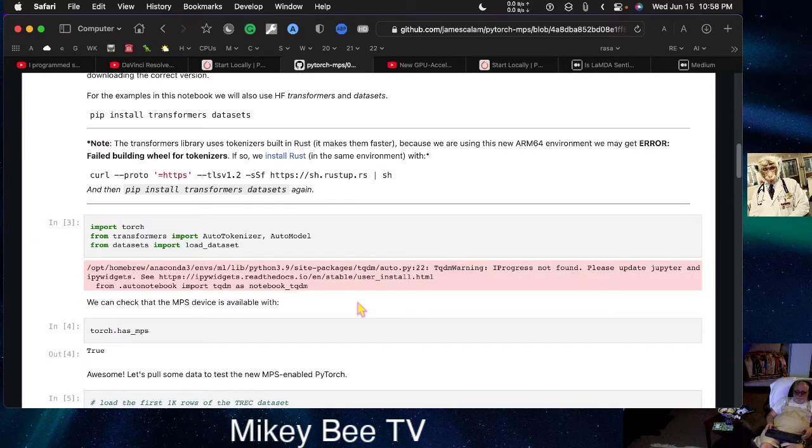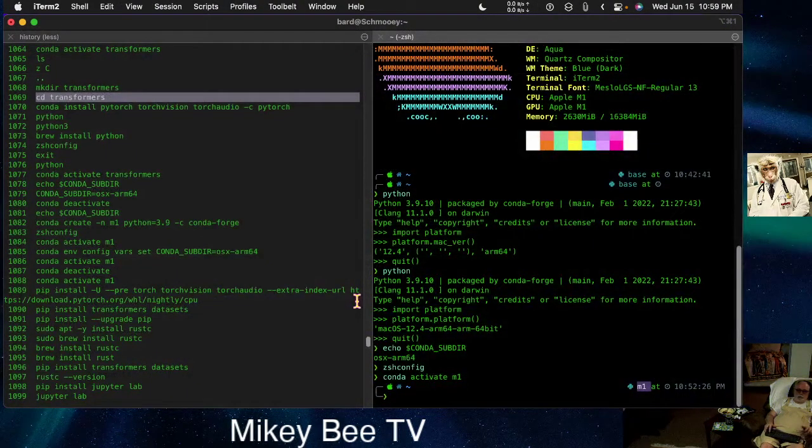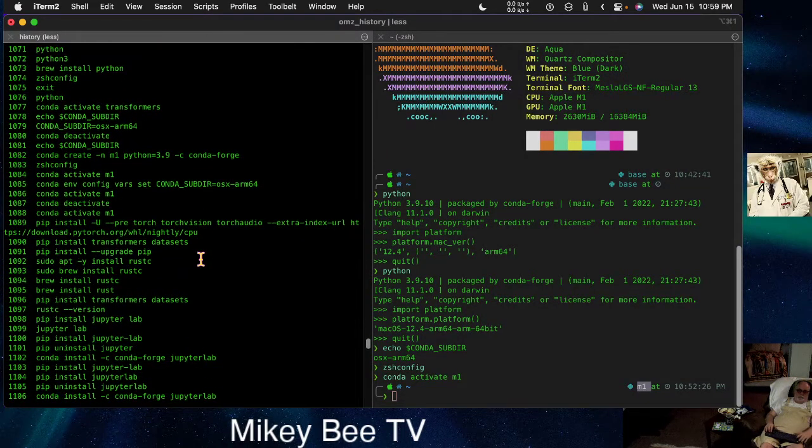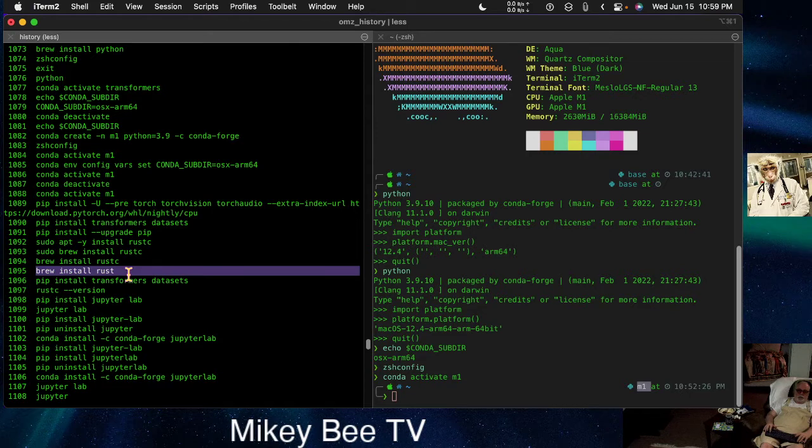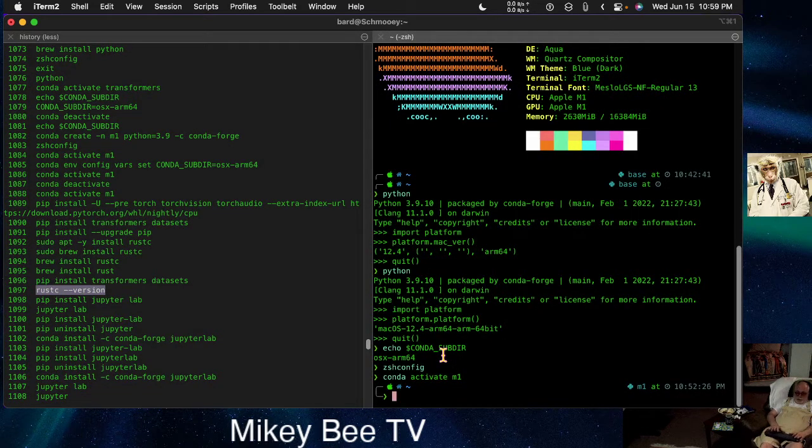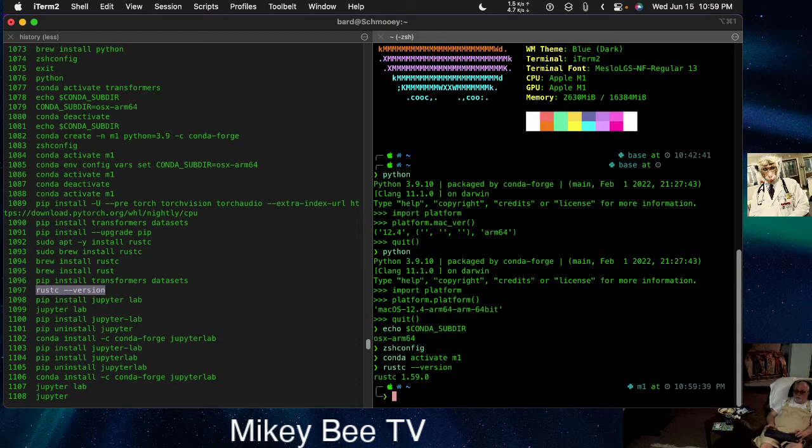So now we can run this import torch and all of this stuff in Python as we saw before, or we can run this in a Jupyter notebook. And so what I did here, here's that brew install rust, pip install transformers datasets. Then I just checked the version here, rustc --version, to see if I had a new enough version. And if I do it here, you'll see that I have